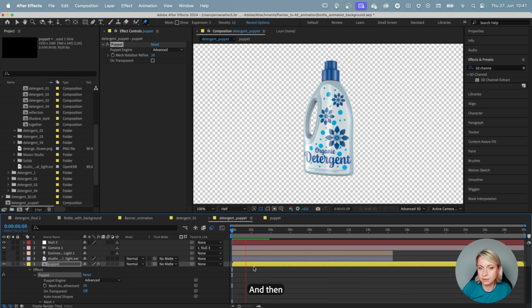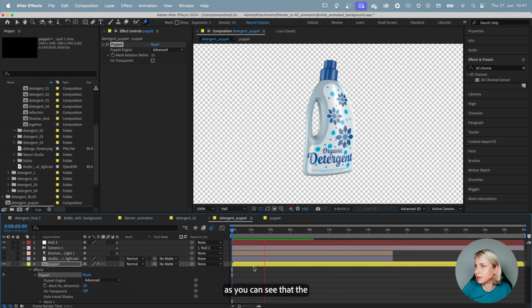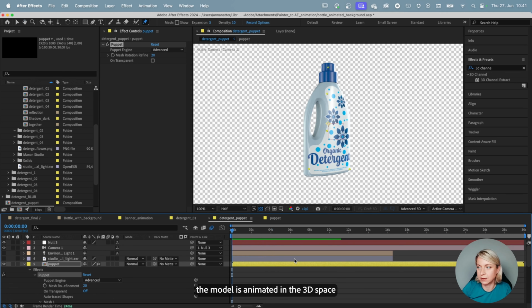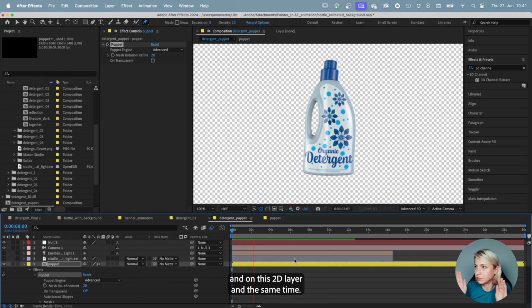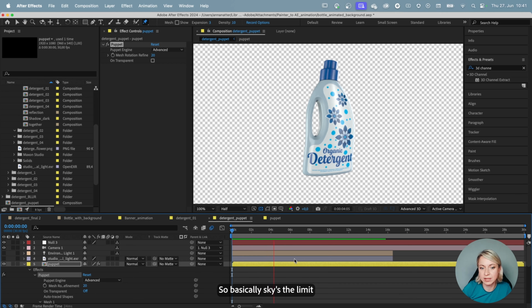And then as you can see, the model is animated in the 3D space and on this 2D layer at the same time. So basically, sky is the limit of what you can do with this technique.